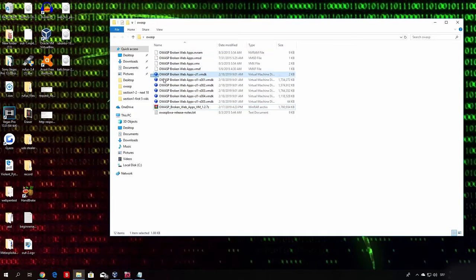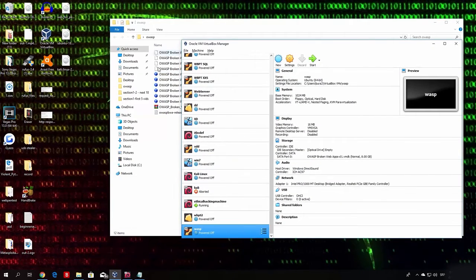Now you might be asking why we have all of these VMDKs right here. Well, we are only interested in the first one, which is the one marked S001. You will use only this one. And I will show you how to make the virtual machine right now. So open up your VirtualBox. Once you have extracted all of these files, you just go here on New,